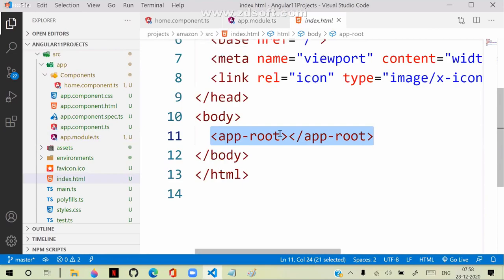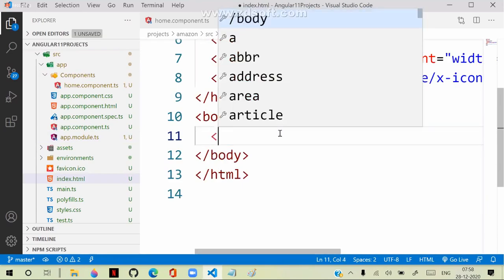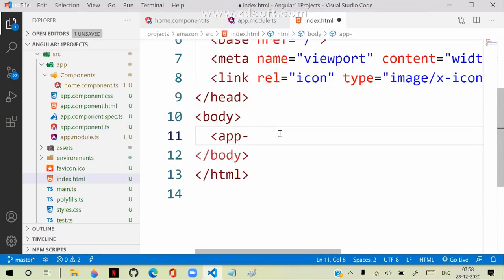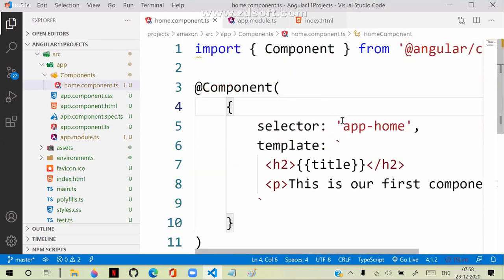So we have to remove this, and we have to keep our component app-home. That is how we need to design. Remember, this is your component selector. You have to use that selector, and it's mandatory that your component selector must have the prefix app.